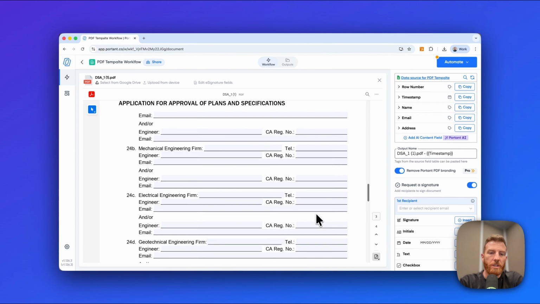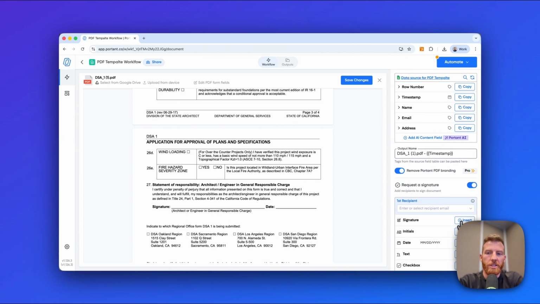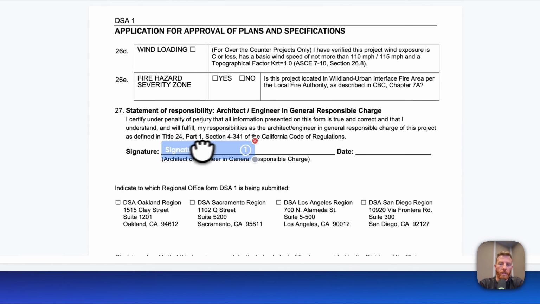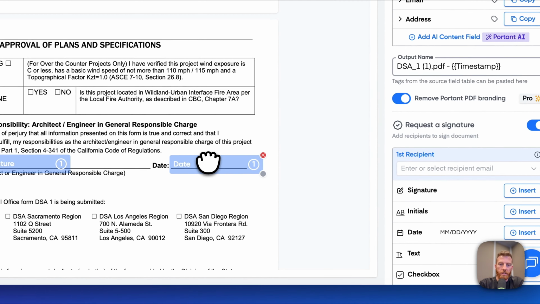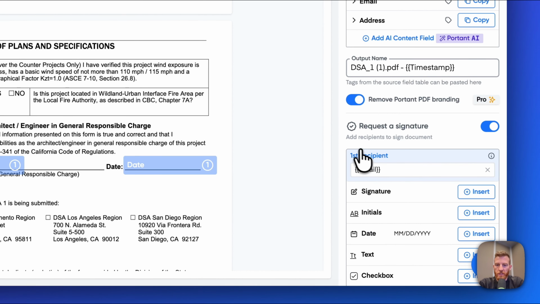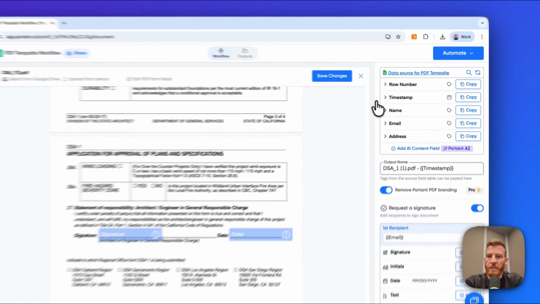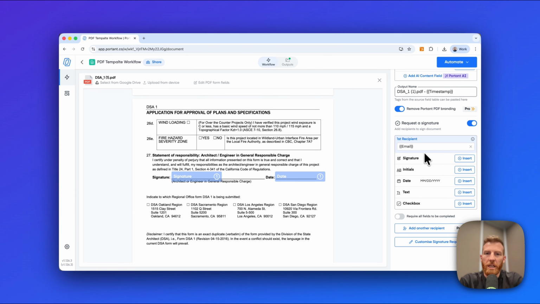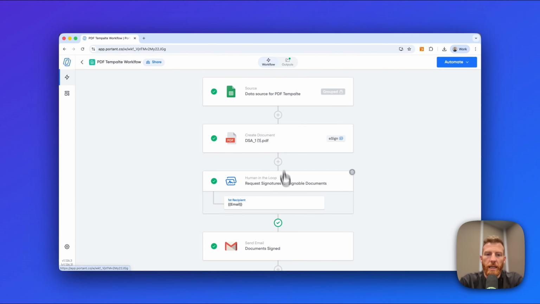the signing step of this PDF, we can insert a signature and then move the signature box to the right area, and then we'll also add the date as well. We'll add that to the right section. And then in this example, I'm just going to make sure that the signature is going to the email address. We're using a Google Sheets source with this. Save the changes. And after that's been added, Portant, as usual, adds a couple of extra blocks, the block to